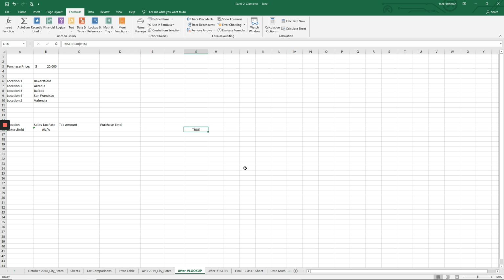So with that ability to trap for an error, we're going to move on and use the if function. I'm still going to play with it a little bit here in this video, and then we'll finally put it all together in a final video. So I'm going to come over here just to the right of where we practiced this isError function, and I'm going to start a new formula. I'm going to say equals